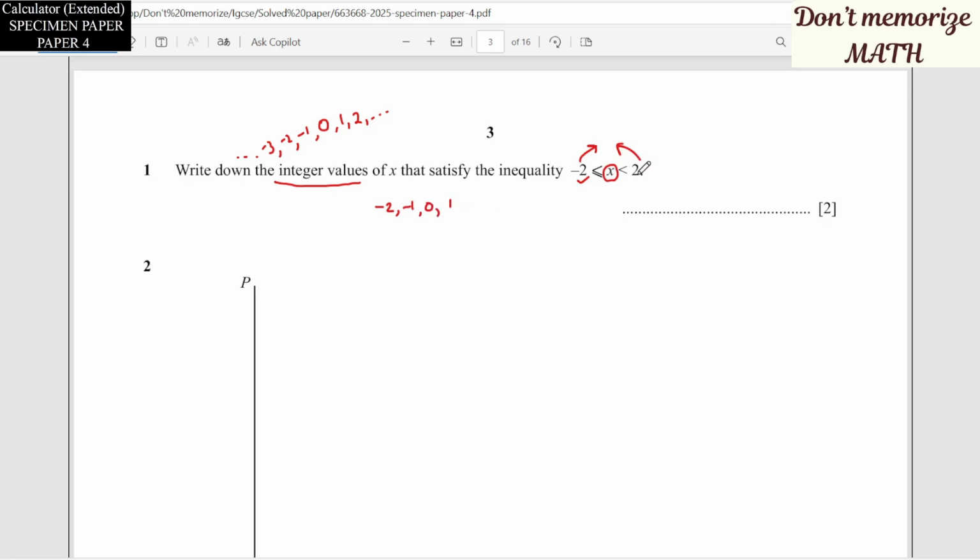Can we write 2? No, because we don't have an equal sign here. So it must be strictly less than 2. Okay, so strictly less than 2, so we cannot write 2. So the numbers are minus 2, minus 1, 0 and 1. Okay,